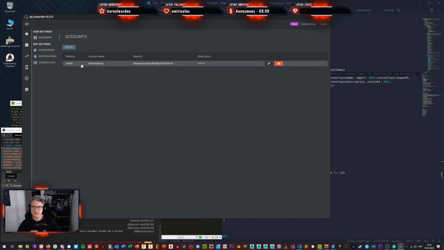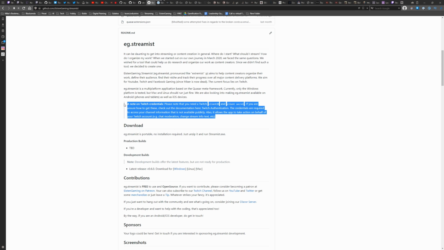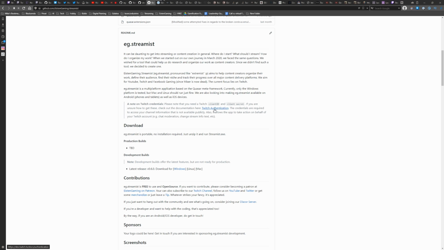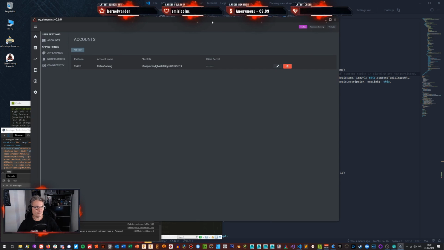So you will have the possibility to add the credentials. How you get these credentials is actually a guideline, I think, on the GitHub page. Let me see. I think yeah, there you go. This is the thing that you want to follow. This is the command that you need to read. Click on the link which is provided here, which allows you to create your own client secret and also gives you a hint where you find your client ID. If you have a Twitch account, you will have a client ID already. You just don't know where to look. So follow the link, follow the GitHub documentation on the StreamTeam page, and you will find the information you need.